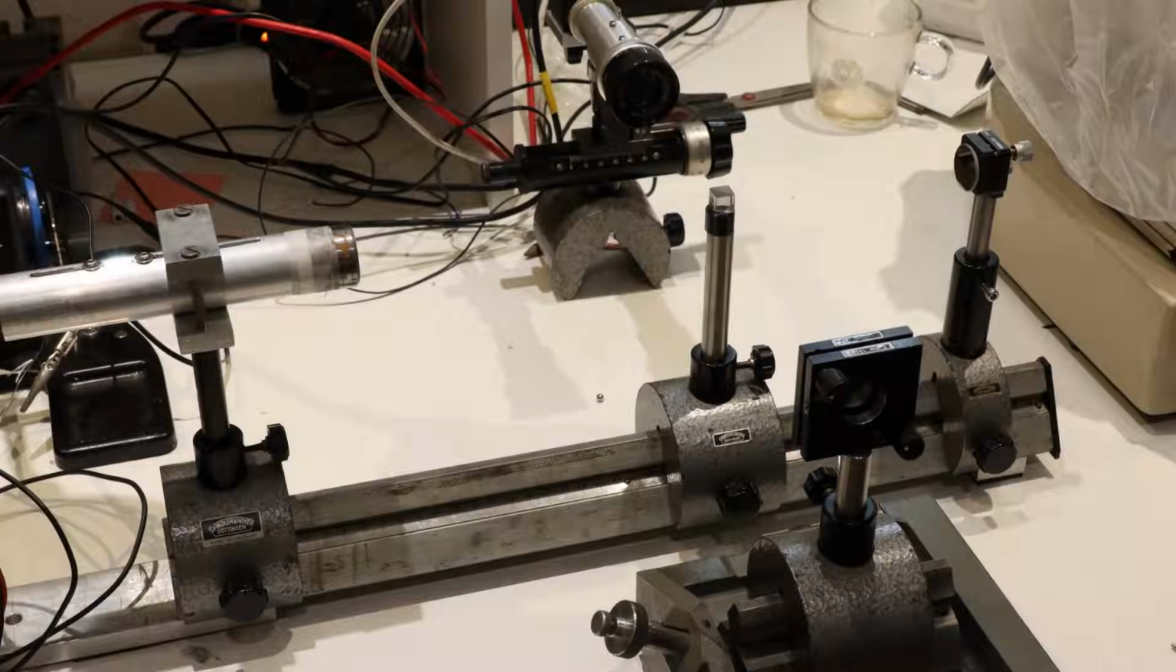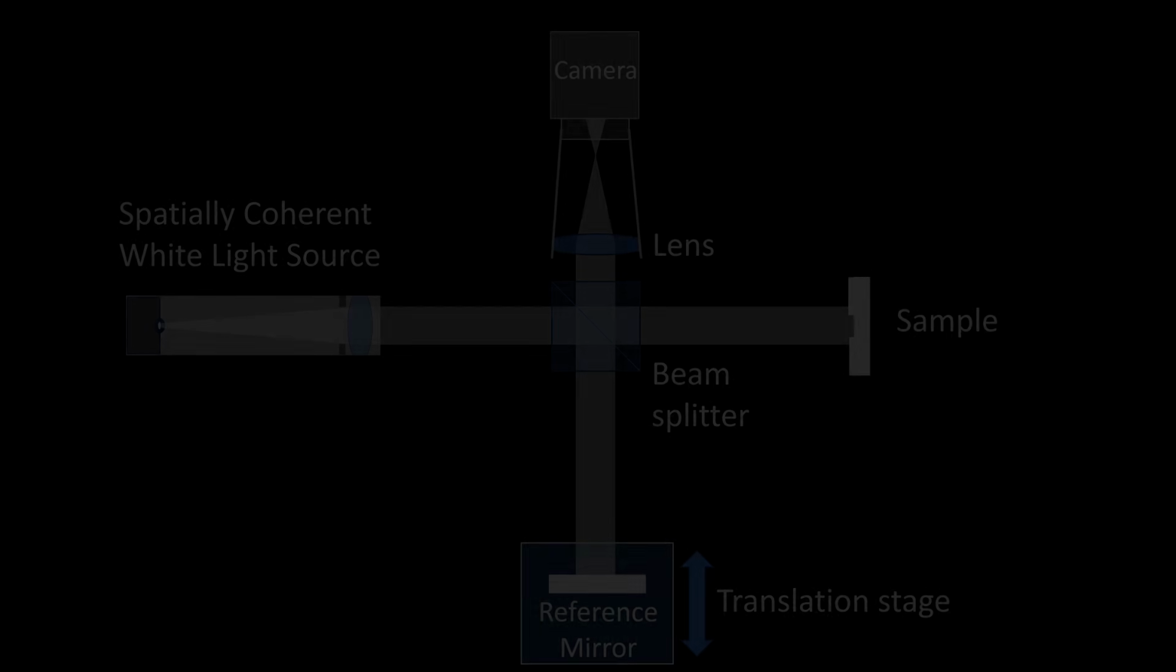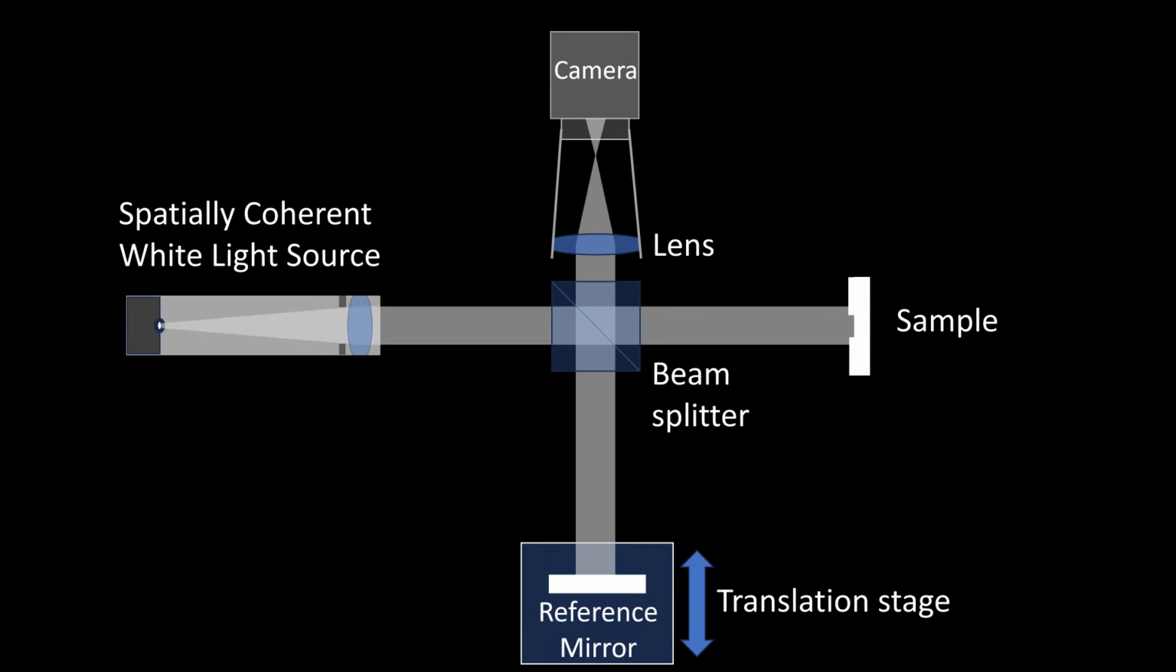Let's build a very simple coherence scanning interferometer to discover the principle. And I'll start by showing you a schematic of the setup. This here is a white light source which emits spatially coherent light, and I'll talk about what this means in a few minutes. This light is sent into a 50% beam splitter where half of the light goes straight on